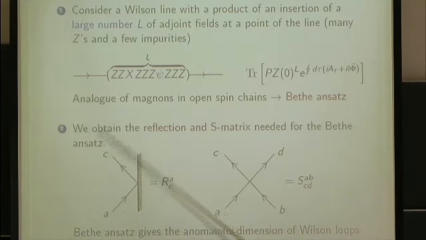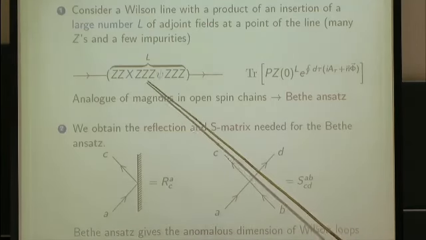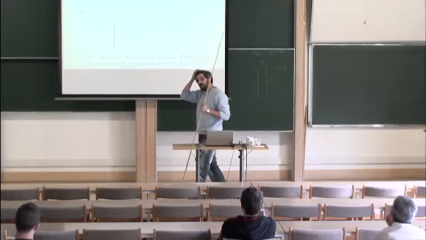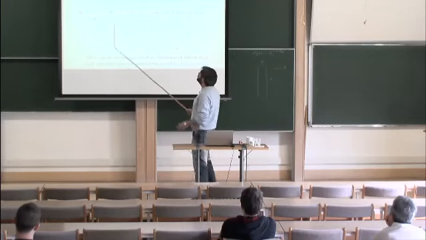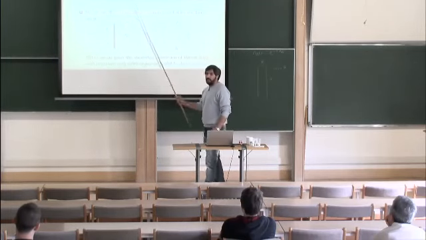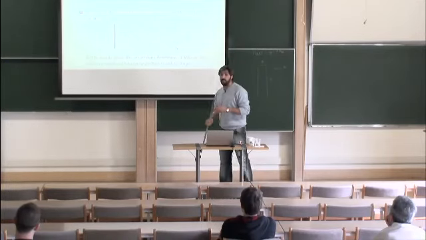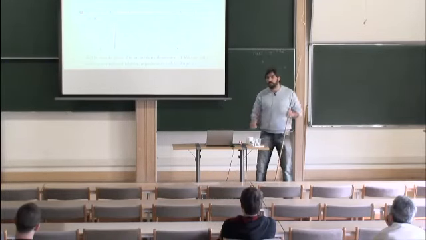So this is not a space-time. If you want, this spatial direction is the spatial length of the chain. I added indices because these impurities can be of different sorts, so different values for this index are different kinds of impurities in this chain. So inserting it in a Wilson line gives you a specific boundary condition? Exactly, so the Wilson lines are going to provide us the boundary conditions, and eventually the reflection matrices for this open spin chain.